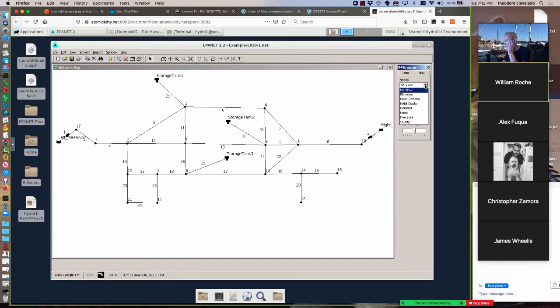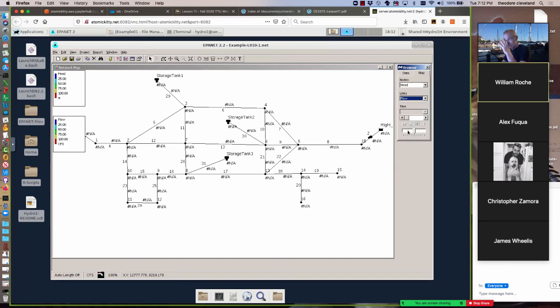I think what we want to plot at our nodes would be head, because that will give us what the pool elevation is at the storage tanks. And for the links, we will plot their flow values. So now by turning those on, they're all N/As because they've not been computed yet. We know that because the water spigot here doesn't have any water squishing out of it. We run the simulation,